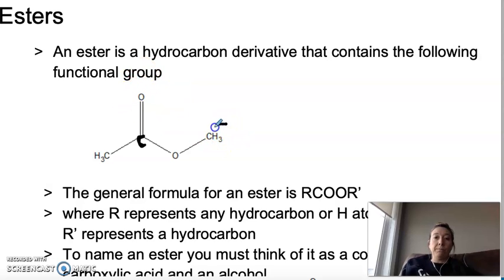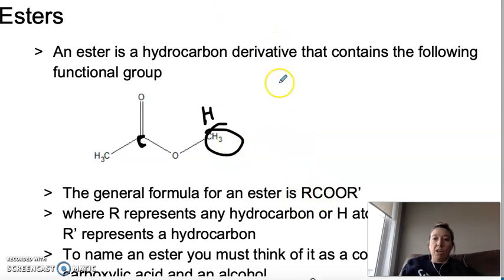The difference, though, is this guy over here, right? When we had carboxylic acids, that was just an H. But now it's not an H. Now it's a CH3. So anytime that you find that you have some C's over here, right, or you'll notice